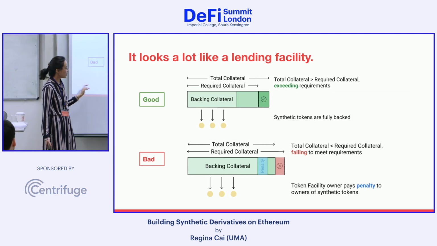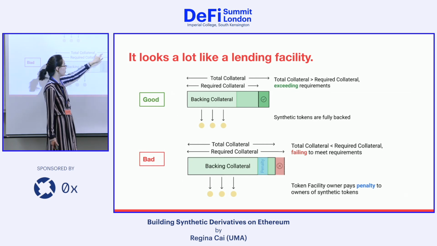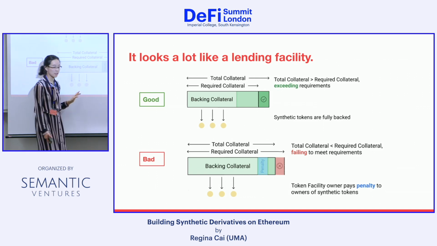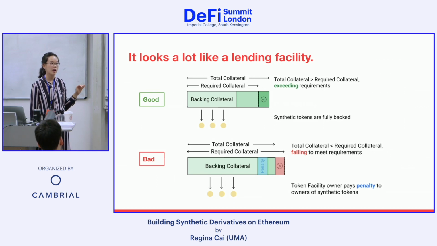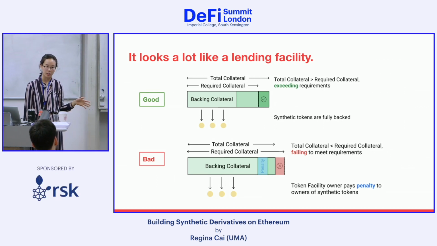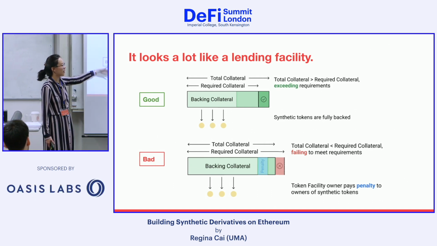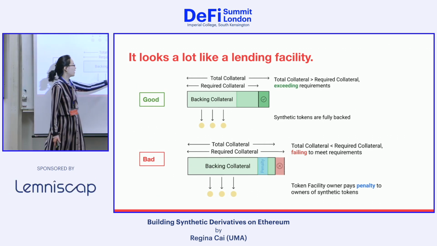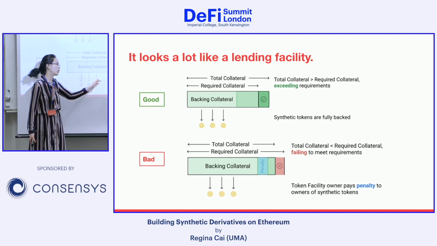And there is a process whereby a portion of the over-collateralization they had previously put in gets paid out as a penalty that gets paid out to owners of the synthetic tokens. So hopefully from these diagrams, you're seeing now how these synthetic tokens are a little bit like a CDP, or a little bit like synths, kind of. But the general idea is that, again, it looks a lot like a lending facility, and there's some penalty for being under-collateralized. Or I should say, a penalty for being under-collateralized relative to the minimum, but still over-collateralized relative to